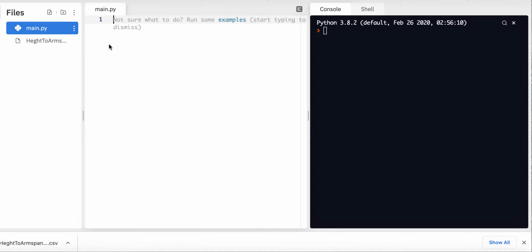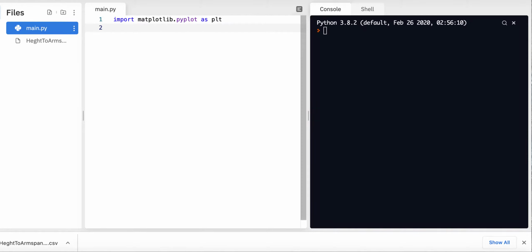So what I'm going to do is import the matplotlib library and the pyplot module as the object plt. I'm also going to import the CSV library. Then I'm going to create a list